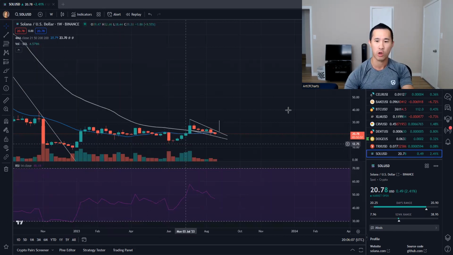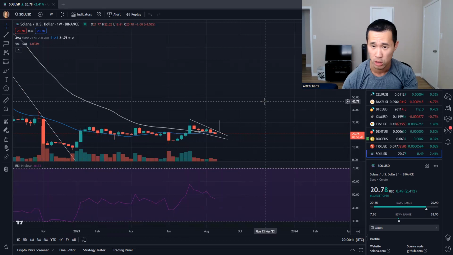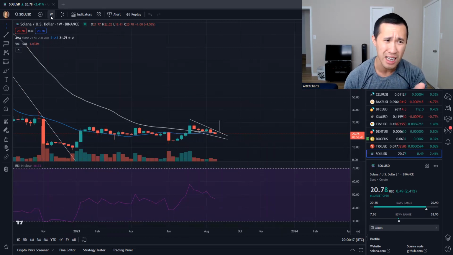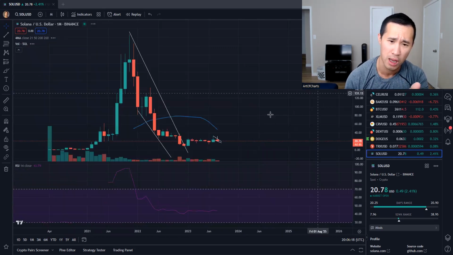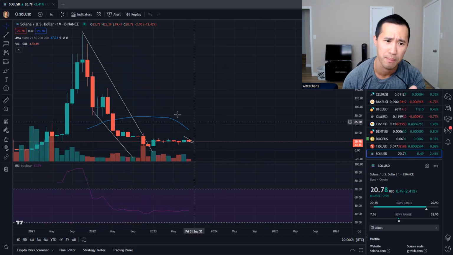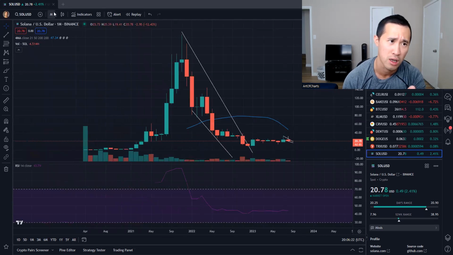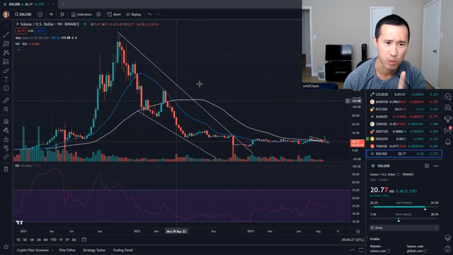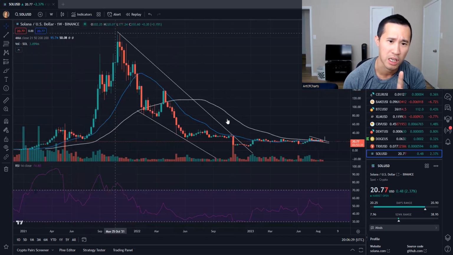So those are going to be some levels to be paying attention to if this pattern actually breaks to the downside. Let's take a look into the monthly time frame and see if we can get a good look at what could be going on. So I'm going to actually switch back to the weekly time frame because I can get a more clear look of this falling wedge pattern.